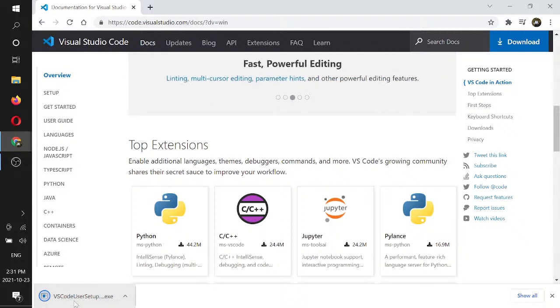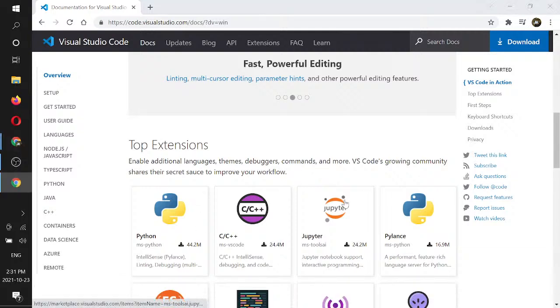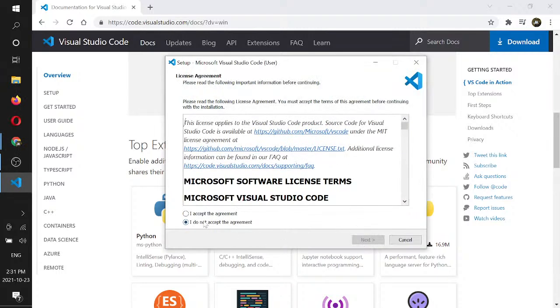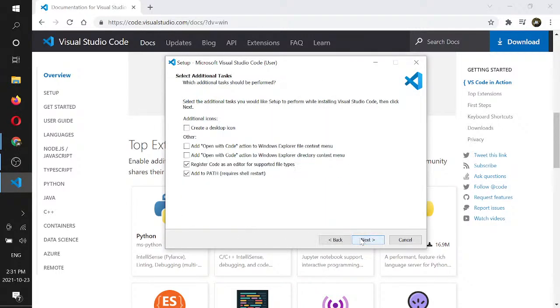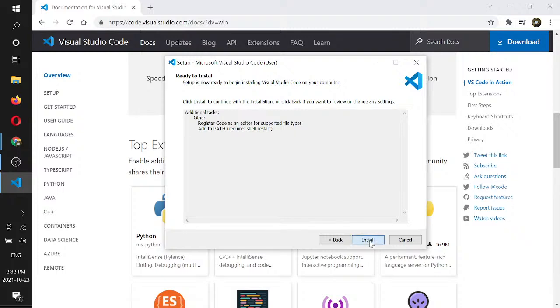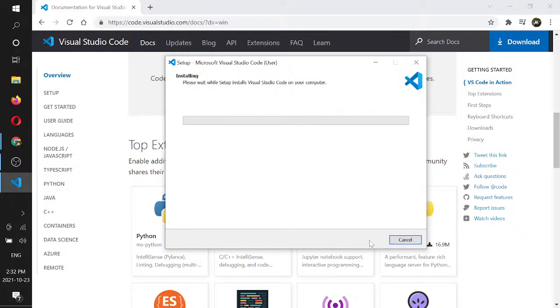So I'm just gonna click on it because it's downloaded now, and then I'll install it. Alright, so accept agreement, next, and just leave the settings the way they are, and then install. Then after the installation we're gonna